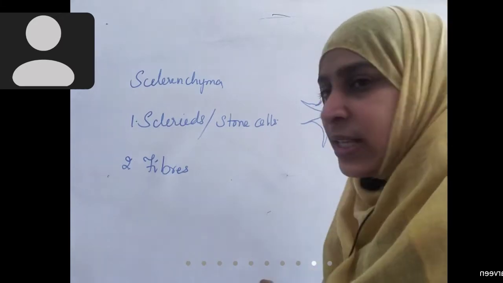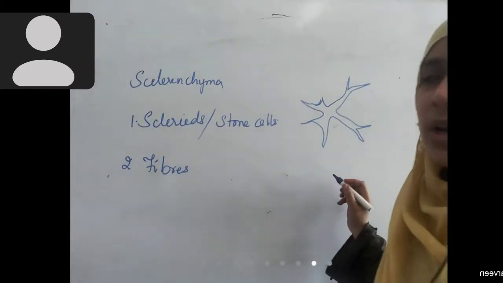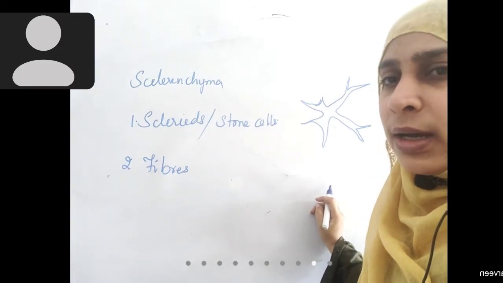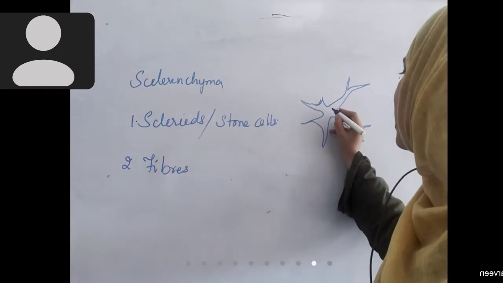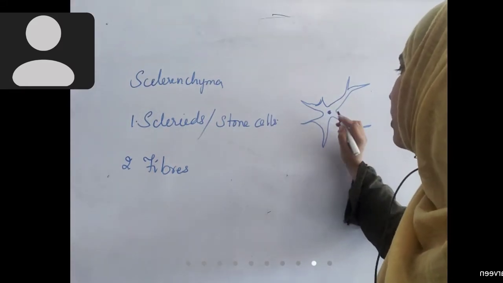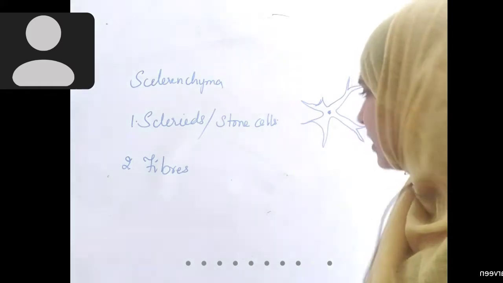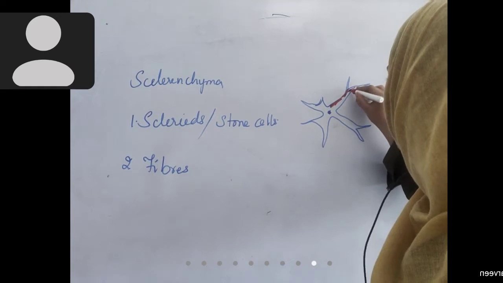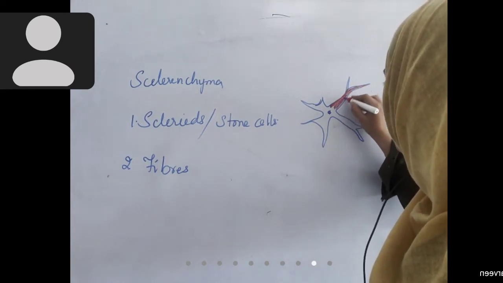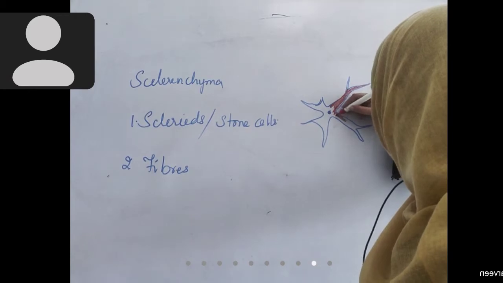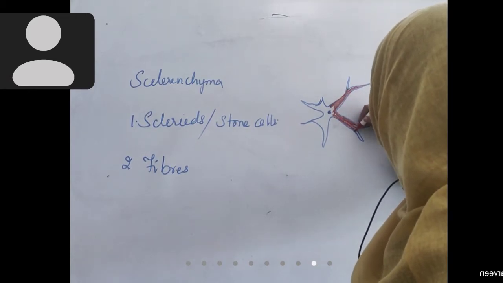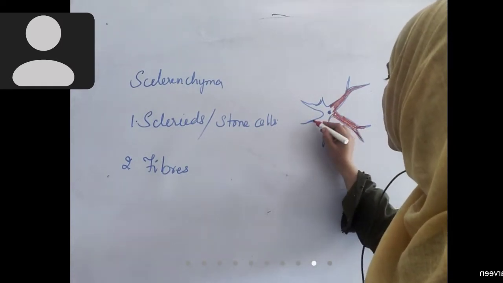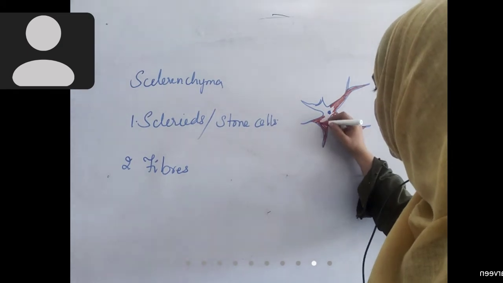You can see this type of cells in shells, for example, coconut shell, shell of almonds, shell of walnuts, like that. Then this lumen is very small, dried lumen. Remaining all is cell wall deposition. The secondary cell wall is deposited like a thick layer, and this is all secondary cell wall only. Lumen is almost very less, and that too dried lumen. It is not a living cell, so the lumen is also not living. All dried lumen is present, so this all is filled with secondary cell wall.